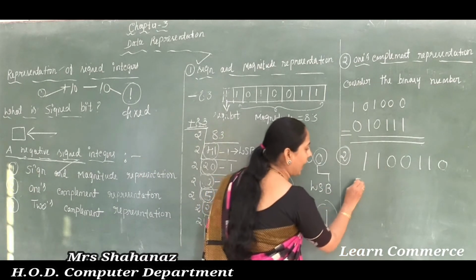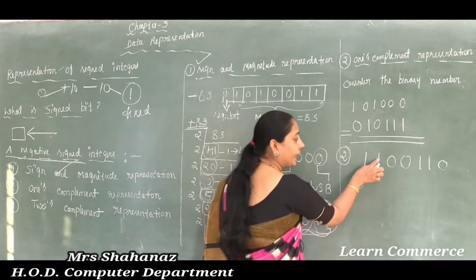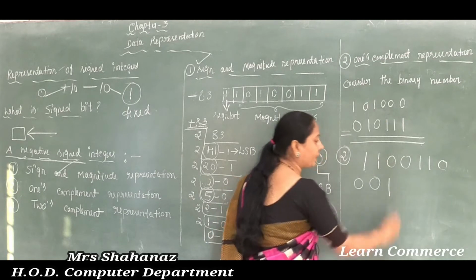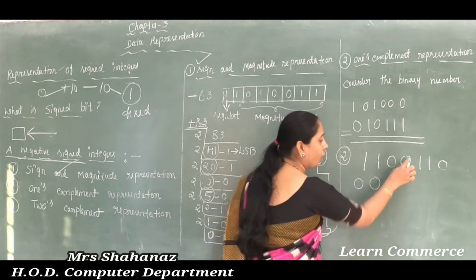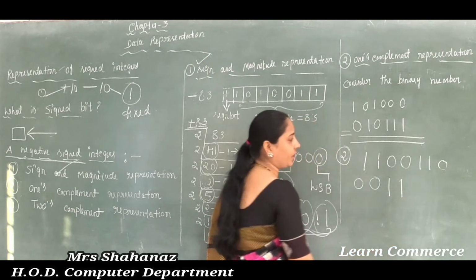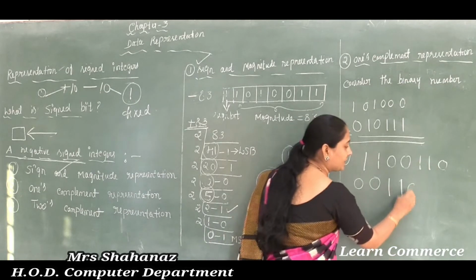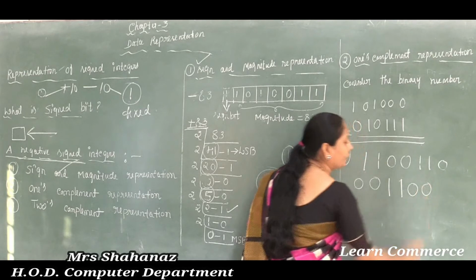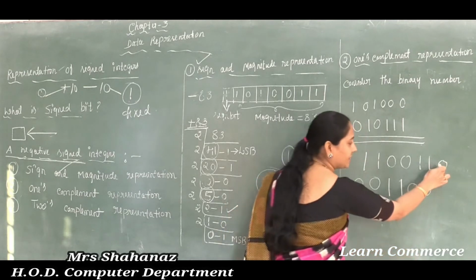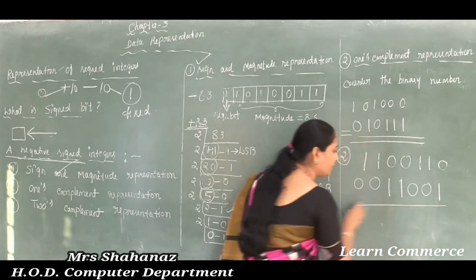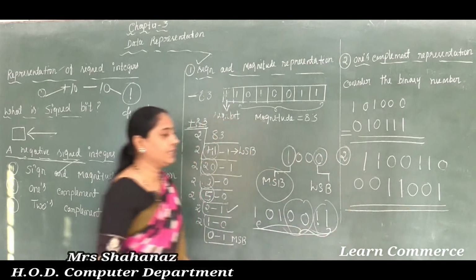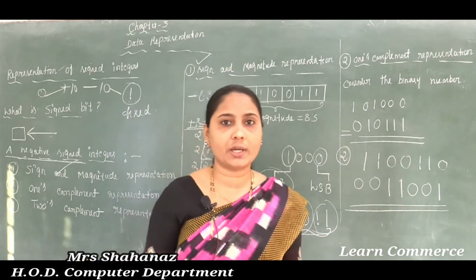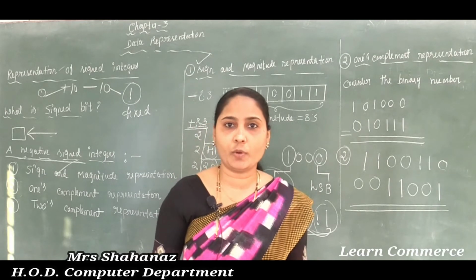Now 1 is there, I am going to change it to 0. Again 1 is there, I am going to change it to 0. 0 is there, such a number needs to change to 1. 0, such a number needs to change to 1 here. Again 1 is there, just reverse the number to 0. 1, that means we need to take the number to 0. Lastly 0 is there, now we need to change the number. So we can say that this is the answer of the ones complement representation. So that is about ones complement representation.